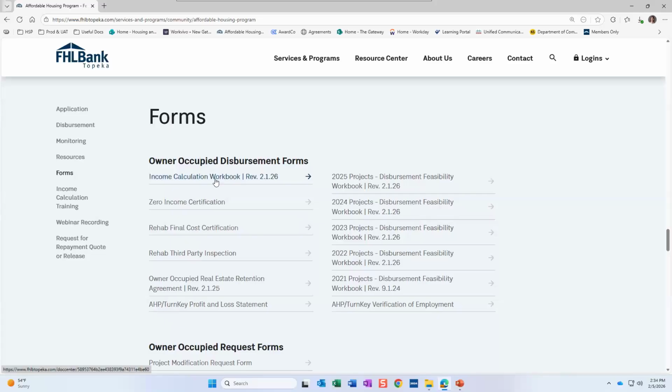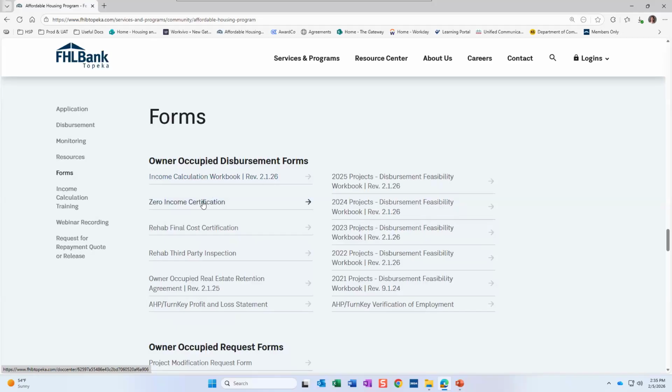The first thing is the income calculation workbook. You can see we just recently revised it and published a new copy this week. So please make sure to utilize the most recent version. Again, we don't recommend saving these documents on your personal computer because we do update them periodically to make sure that we're utilizing the most recent limits or fixing any sort of errors that might have been identified, things of that form. So please make sure you grab the most recent version every time you go to qualify somebody so that you know you're using the most fresh template per se. So that's where your income calculation workbook is located.